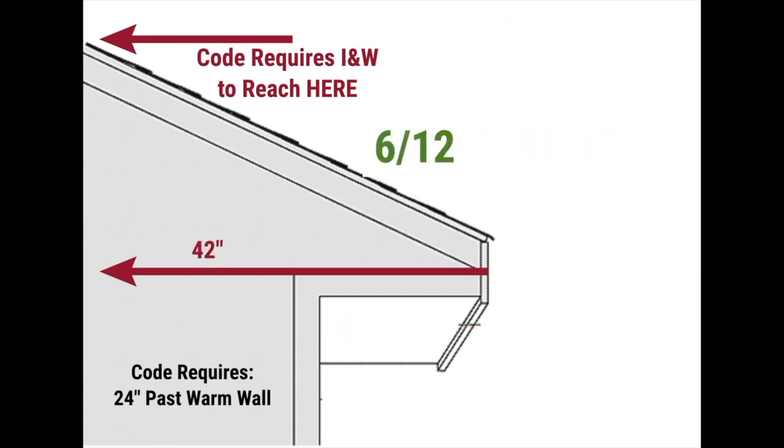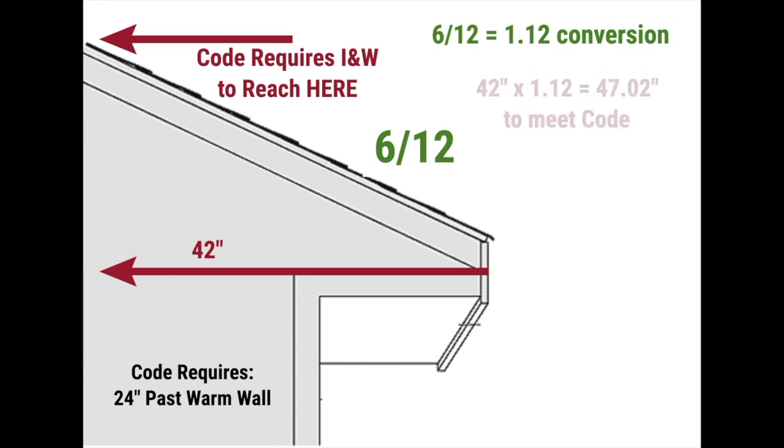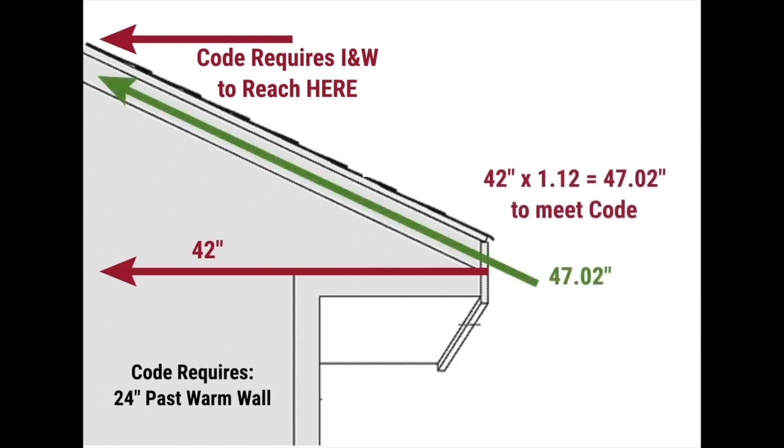pitch conversion. So in this first scenario, let's say the pitch is 6/12. The conversion for 6/12 is 1.12, and that conversion table is actually also in the back of your field guide. So if you take your 42 inches required and you multiply it by 1.12, you come up with 47.02 inches to meet the code. So that means when you've pitched the roof, this is where your 47.02 inches of required